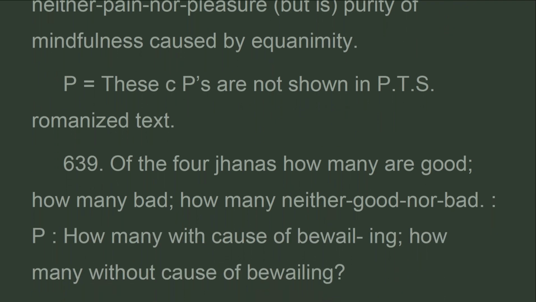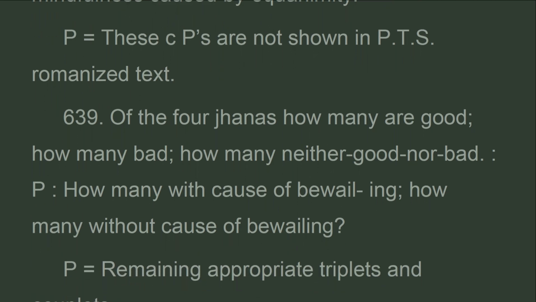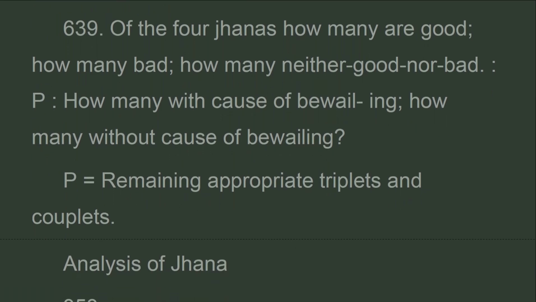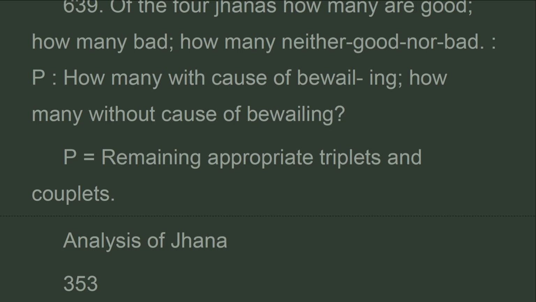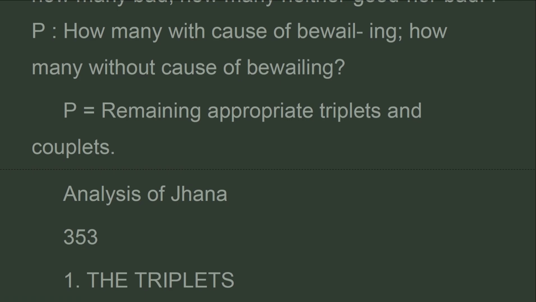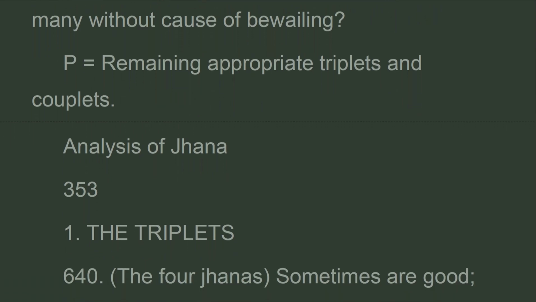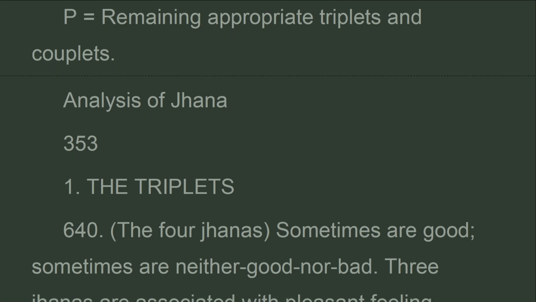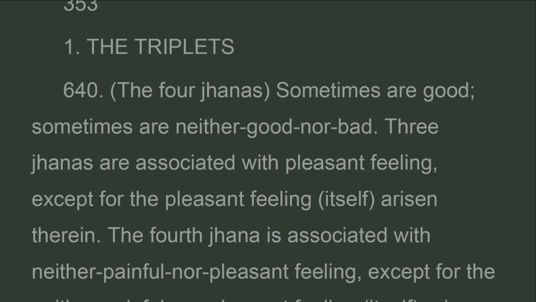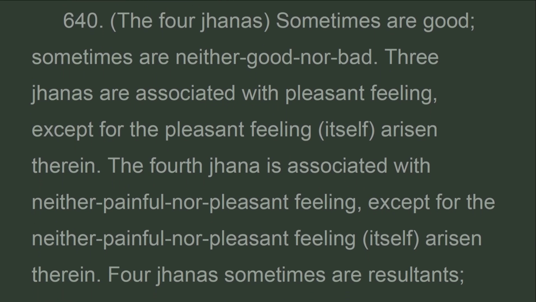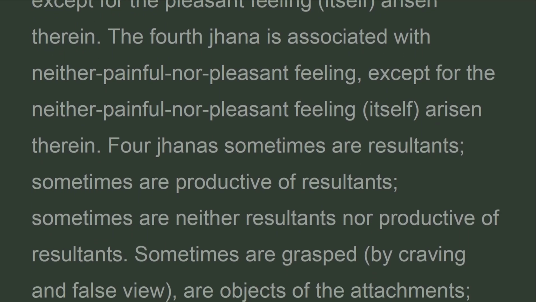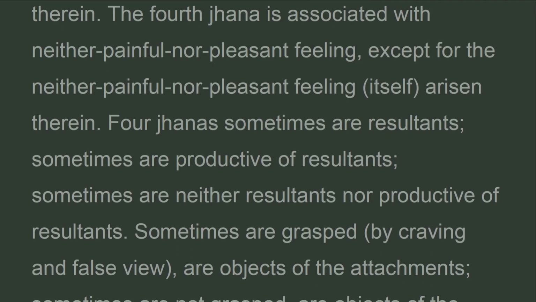Romanized text. Of the four jhanas how many are good? How many bad? How many neither good nor bad? How many with cause of bewailing? How many without cause of bewailing? P equals remaining appropriate triplets and couplets. The triplets: sometimes good, sometimes neither good nor bad. Three jhanas are associated with pleasant feeling, except for the pleasant feeling arisen therein. The fourth jhana is associated with neither painful nor pleasant feeling, except for the neither painful nor pleasant feeling arisen